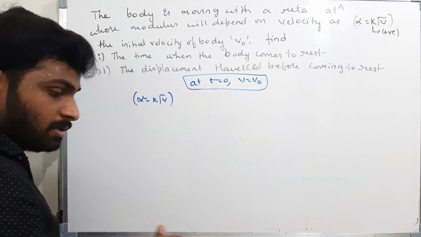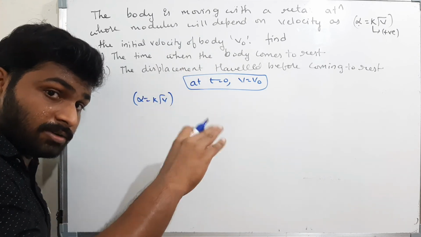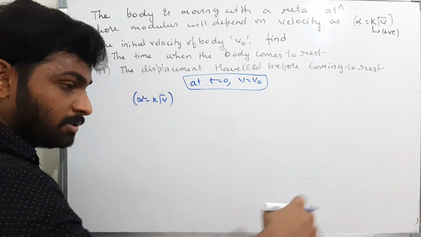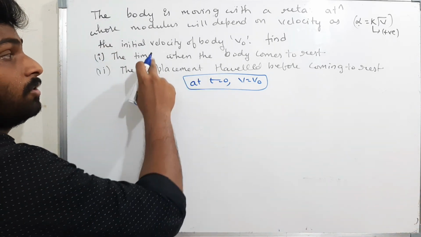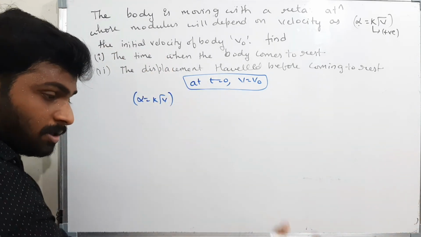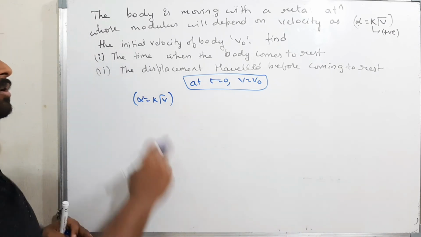As the time is passing by, the velocity is in retardation. Retardation means the velocity gradually decreases. As the time is passing by, the velocity decreases and it is becoming zero at some certain time. They have to find that time. And in that process, the body will travel some distance, displacement. They have to find the displacement also. Okay, now we'll see the first one.